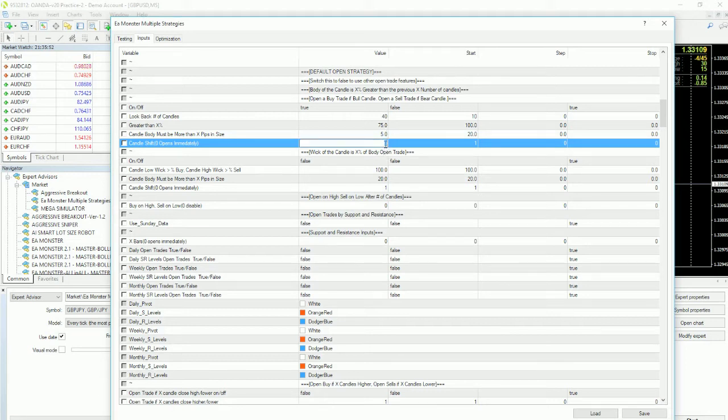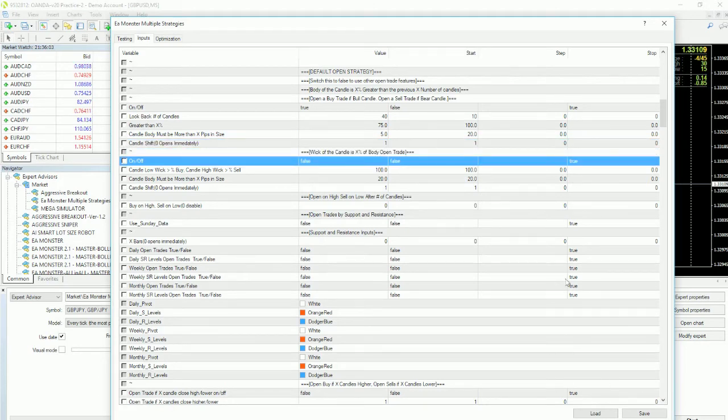If it's set to, I'm sorry, that's 0. If it's set to 1, it will wait until that candle is completely finished, and on the next opening of the next candle, it will open a trade. I hope you understand that. It's very sophisticated. This is the wick of the candle is X% of the body, opens trade. This is dealing with just the current candle